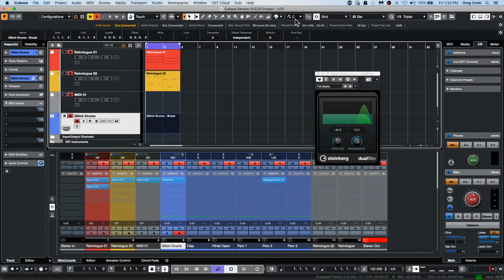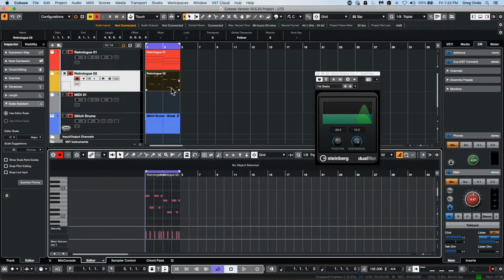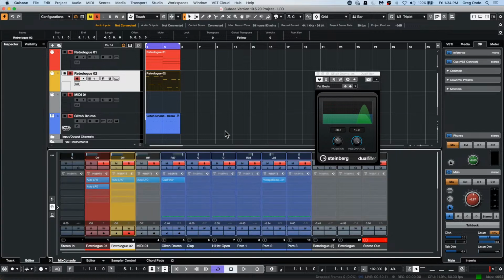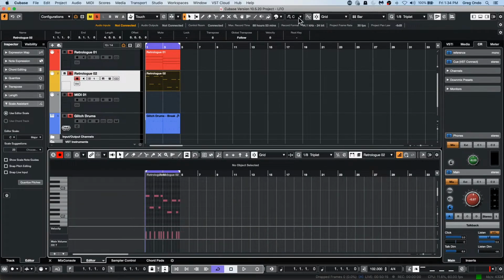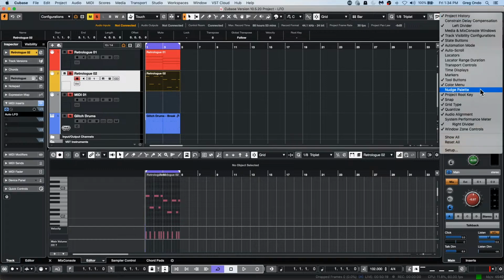So if that's where you're doing it, I think no matter which menu I'm in, the project root key stays active. So let me know, Jay, if this is the root key that you want to see active, or if it's